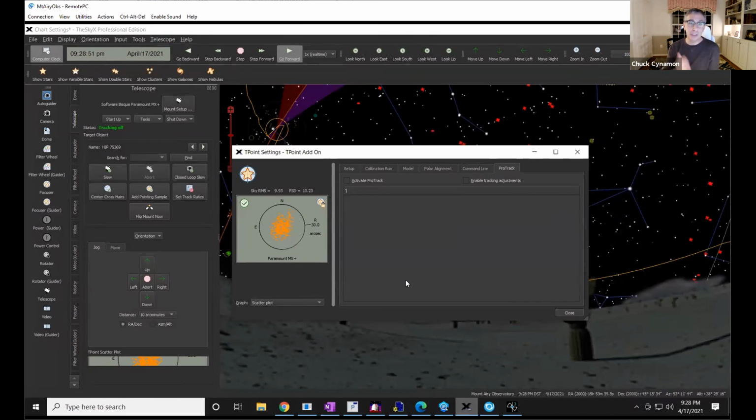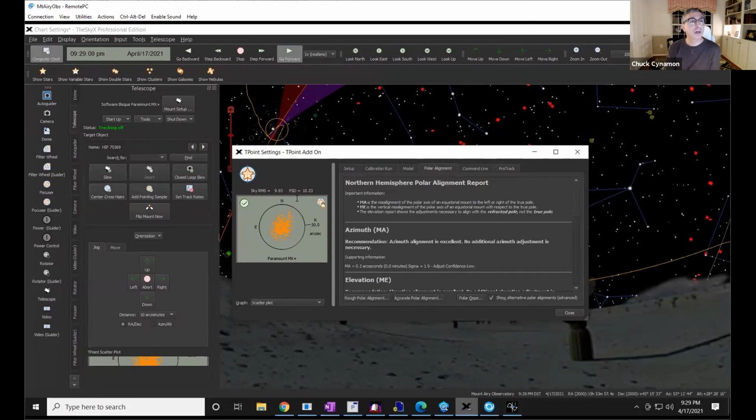But then there's also another capability called ProTrack, which, when combined with proper polar alignment, and I use something called PEC, periodic error correction for the mount, you can actually model how your mount drifts over time and put in changes.